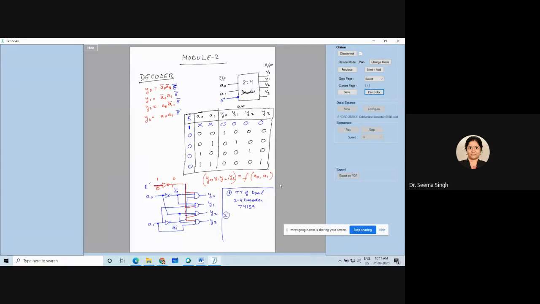The second thing I want you people to do is make a 3:8 decoder. It follows all the same things we have seen here. This is a 2:4 decoder; exactly the same way you will make a 3:8 decoder. Why am I asking you to make a 3:8 decoder? Because after that we will be seeing another IC, which is 74138. This IC is a 3:8 decoder which is available in the market and which we can use to implement various functions. So these two things you have to do and let me know.